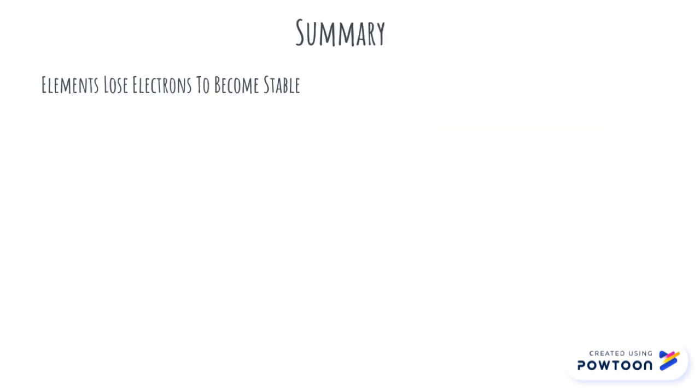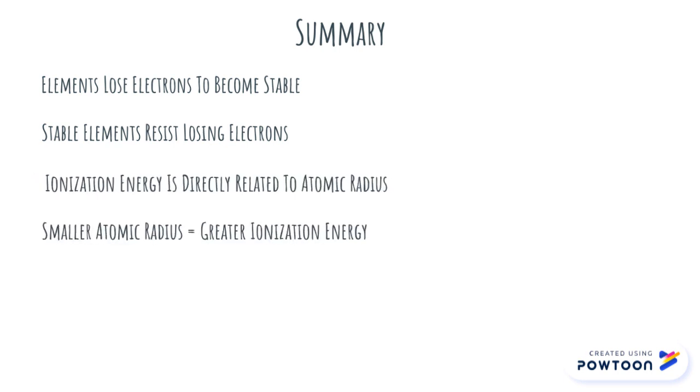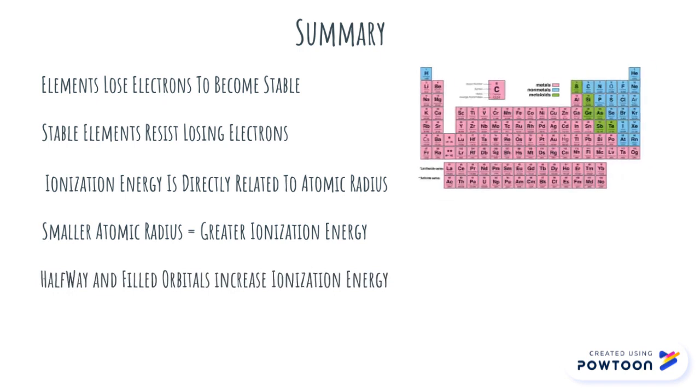So here's a summary of everything that you should know by now. All elements want to become stable, and they lose electrons in order to become more stable. If an element is already very stable, it will resist losing its electron, and thus will have a very high ionization energy. Ionization energy is directly related to the atomic radius of the element, because as you increase the atomic radius, you decrease the Coulombic forces, and you decrease the ionization energy. Halfway and completely filled orbitals increase the stability of the element and also the